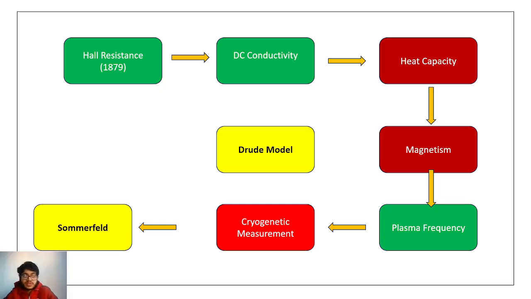And one thing we are going to see and compare, which I think is very important, is why the Sommerfeld model and today's model actually agree on certain things. As in, the Sommerfeld model also predicts the correct DC conductivity, the correct plasma frequency, and all. And Drude's model also does that. So we will see why they work. Drude's model works in certain cases and doesn't work in certain cases. That is very fascinating and very interesting.